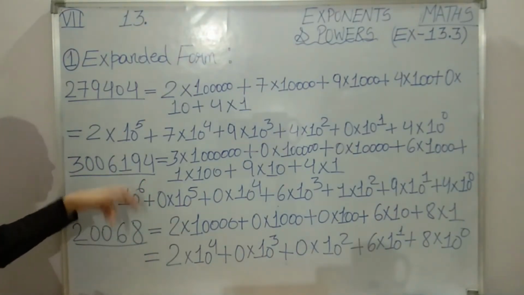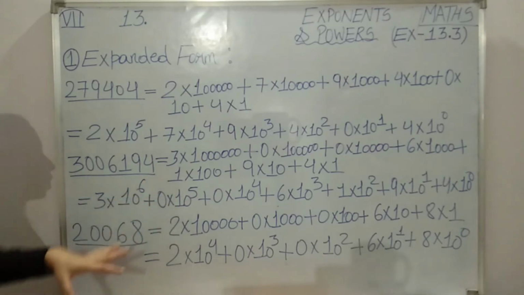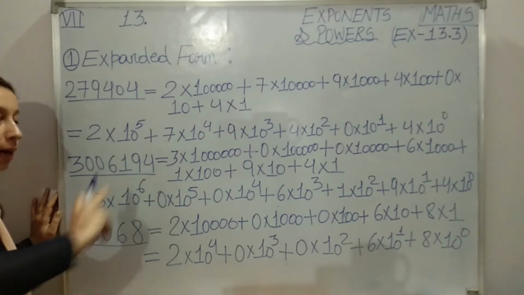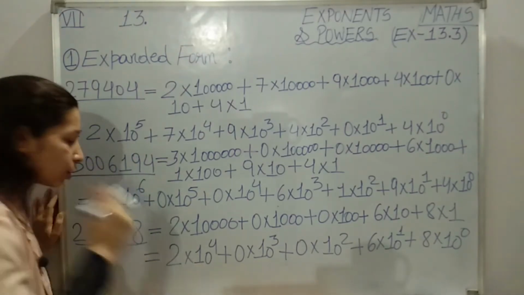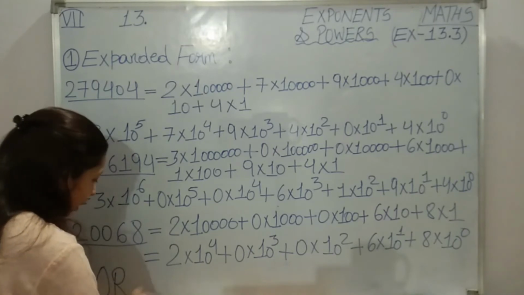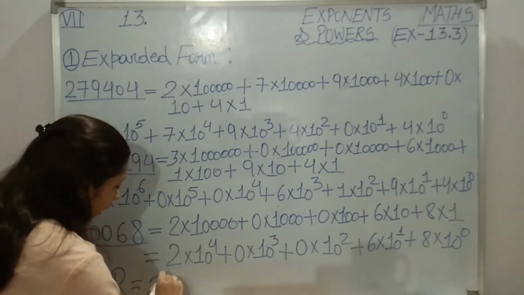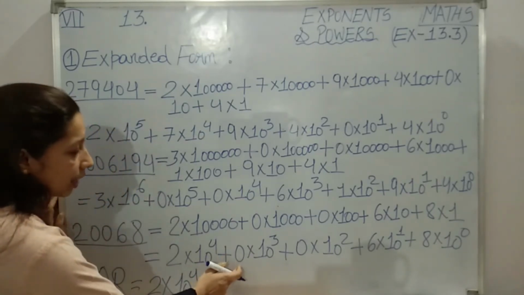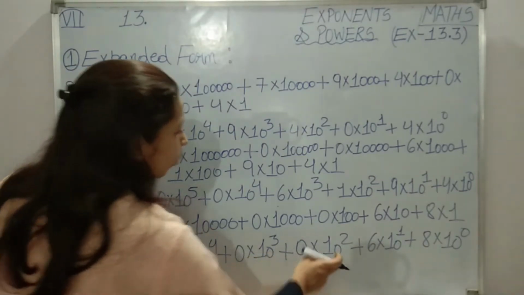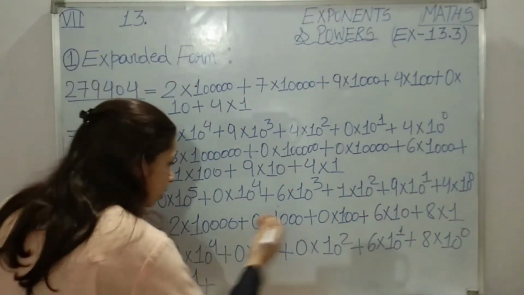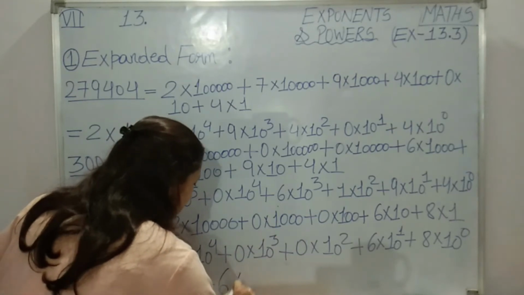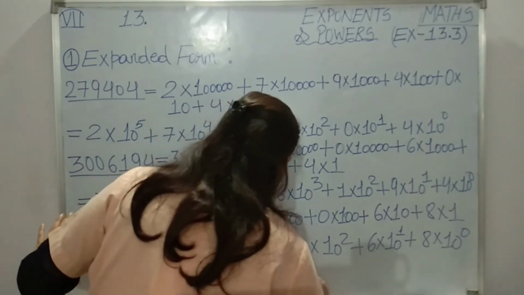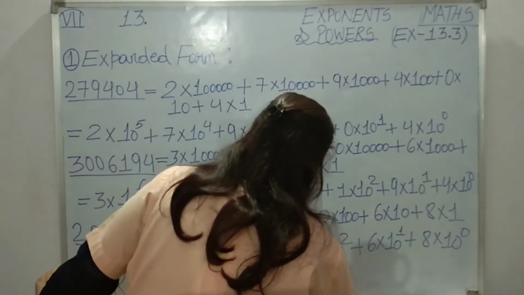Just now in this question I told you, if we do not show the multiplication for 0, then also it's okay. It is understood that if there is a gap between the exponents, that gap is for 0. I will explain. Or for this we can also write it as 2 into 10 raised to the power 4. Okay, students. Now the next digit is 0 into 10 raised to the power 3. Again 0 into 10 raised to the power 2. Now I'll skip it. I'm not going to write this. Directly I'll write 6 into 10 raised to the power 1 plus 8 into 10 raised to the power 0.